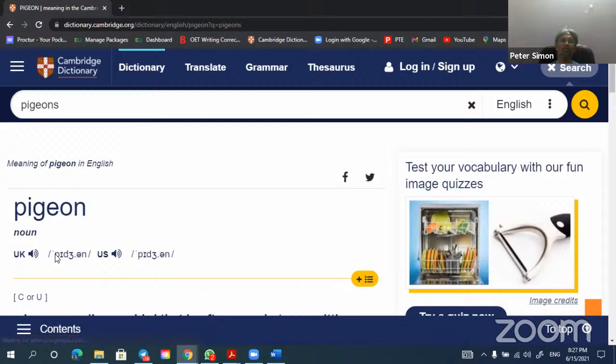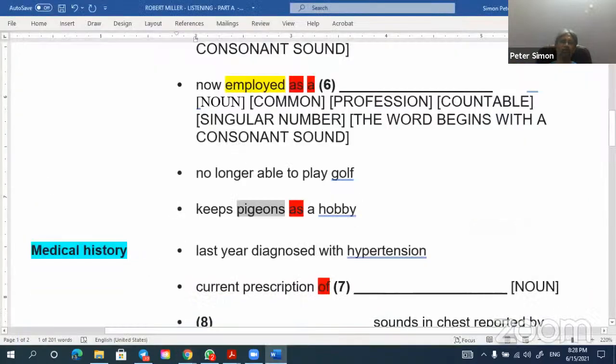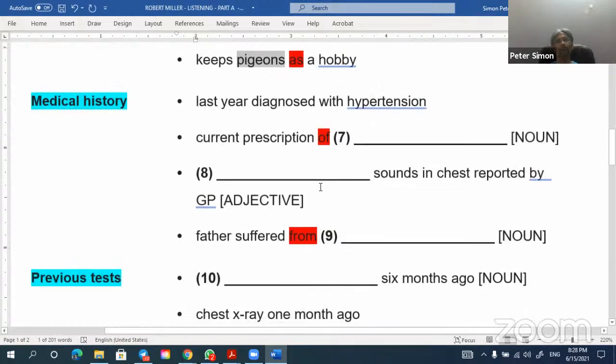It is pigeon, pid and gen. Pigeon. It's not pigeon. It's pid-gen, pigeon. Okay. Now,